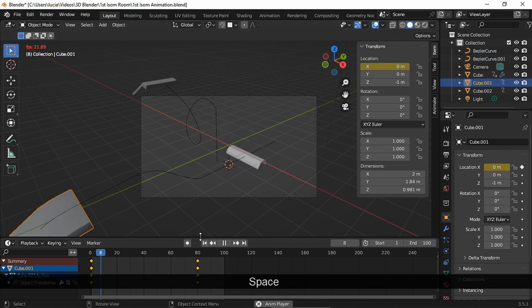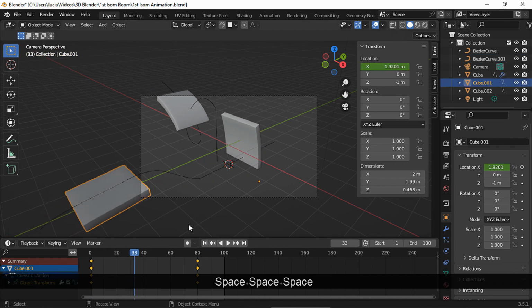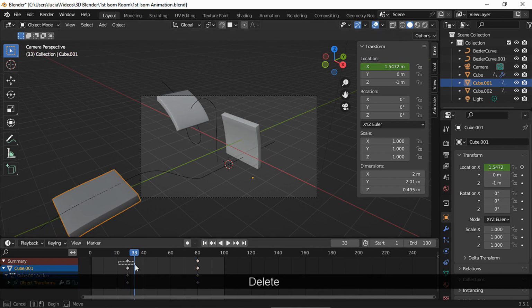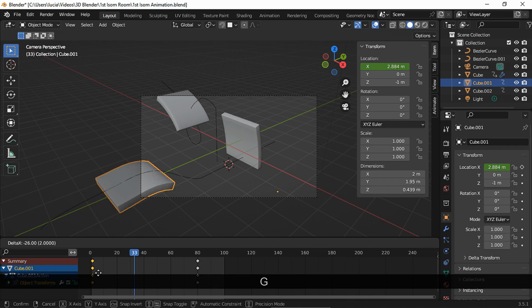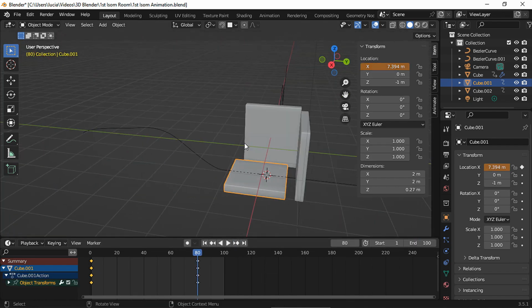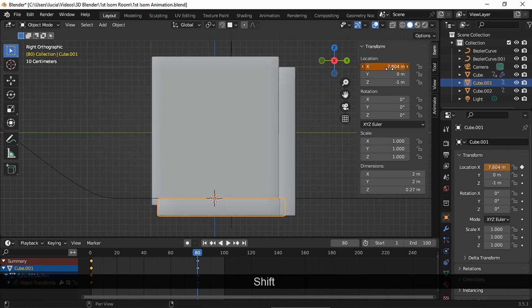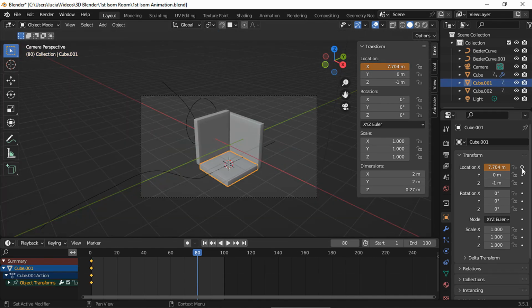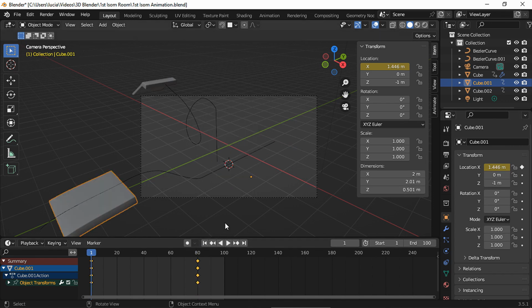We could set the animation to start from here, no need for it to start even further away from camera view. Let's set a keyframe, and we don't need this keyframe anymore, and move these keyframes we have here. And of course, after extending the curve, we need to fix the last keyframe. Set a keyframe. Let's take a look.